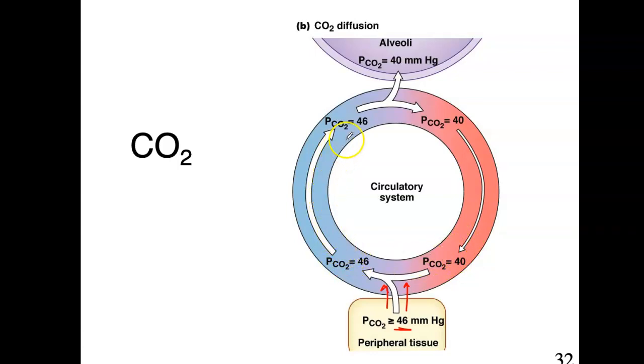So we're going to transport that, and if it's at 40 in the alveolus, then I'll be able to move it into the alveoli, and out you exhale that air. Okay, so in this case, it's pick up here, transport, and get rid of it. And then it goes back down to 40. Given that this is lower than the cell, it's going to be able to cross again. Pick it up, transport,